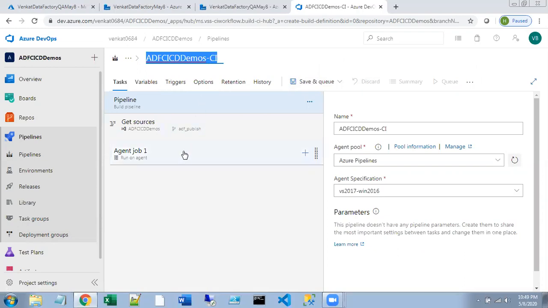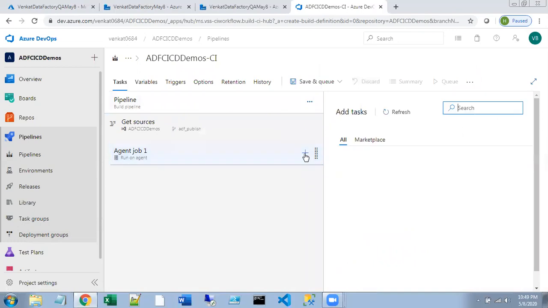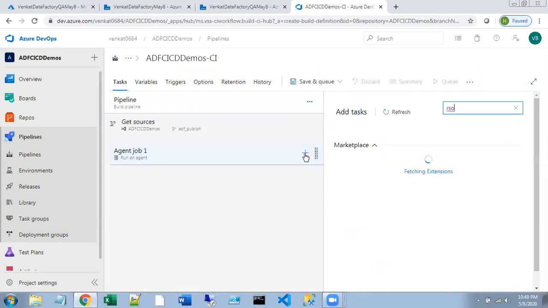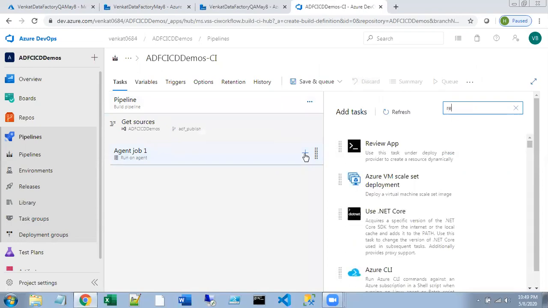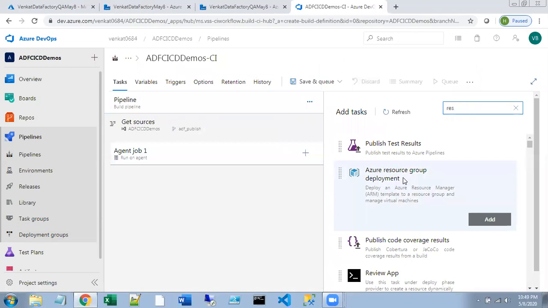Okay. So agent job, you have to have a step in the job that is going to be Azure Resource Group deployment. So here, this is the ARM template based deployment. As you know, when you publish your pipelines, your ARM templates will get created for your data factory, right?